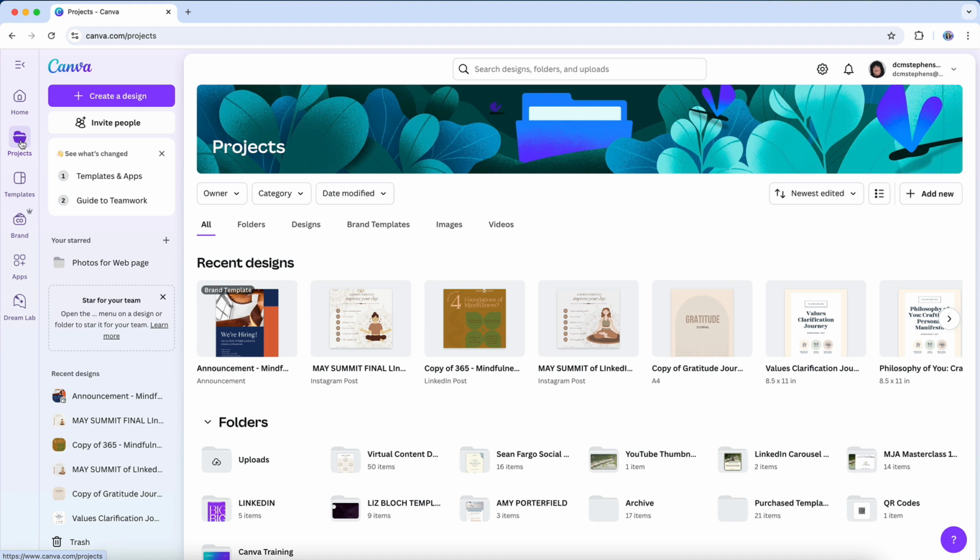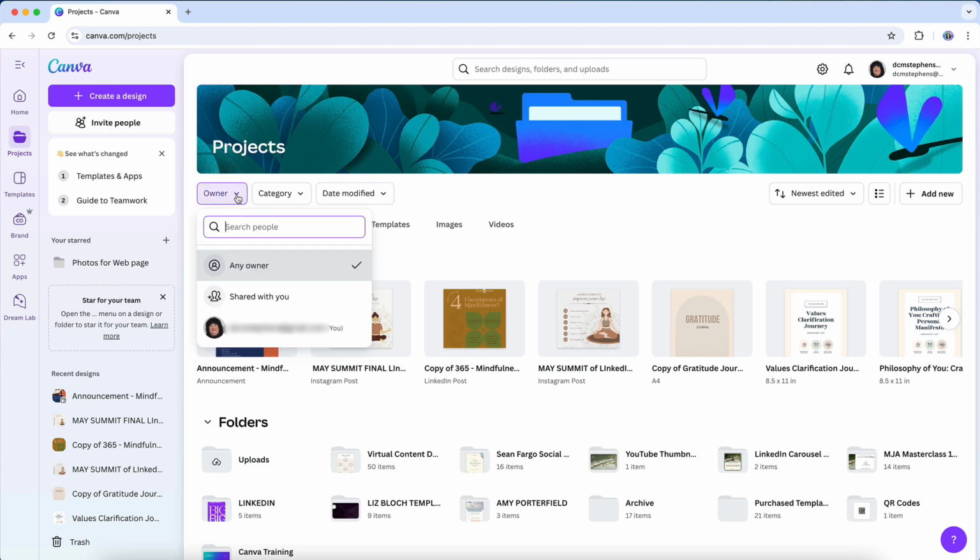Now, before we get into folder structure, there's one quick tip I always recommend. When you head into your projects tab, make sure to adjust the owner filter to show only the files that you created. In Diana's case, that means filtering by her account here, which is actually just displaying as her email address, so I've blurred that out. And a side note, I'd suggest she update her profile so that her account is identified by her name,